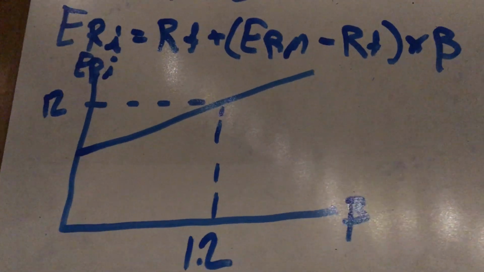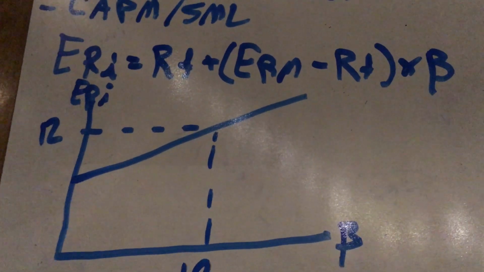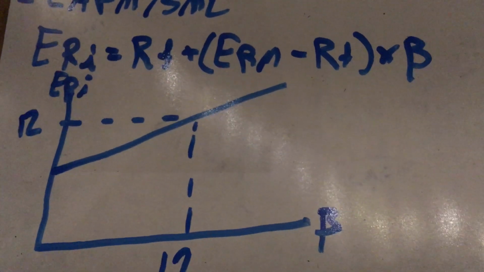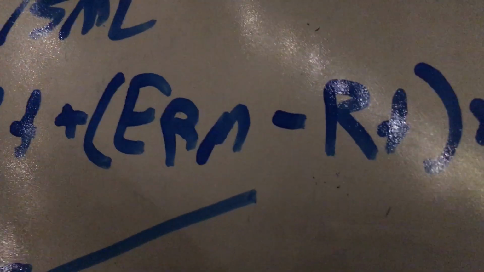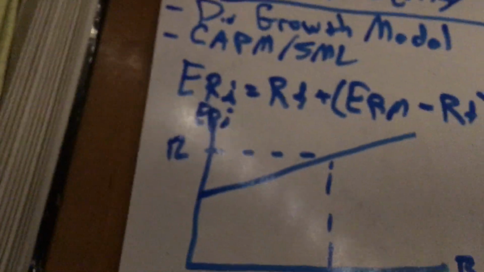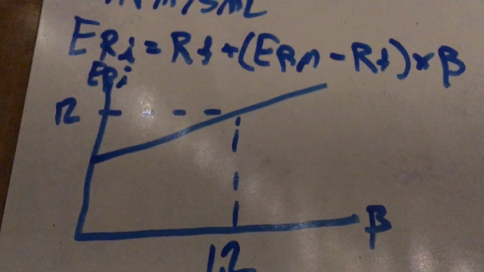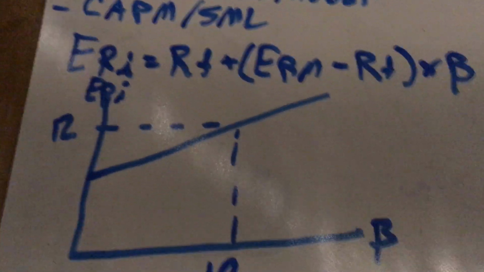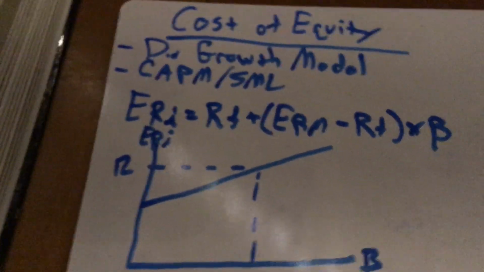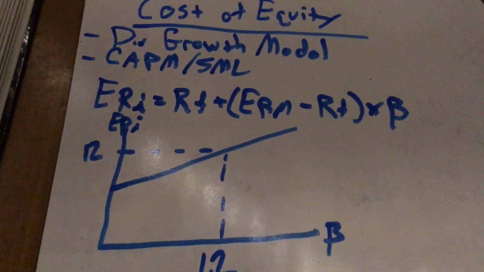Or they may just want you to do the CAPM equation, but they'll give you the market risk premium, which is this right here. So you won't have to calculate that. So be prepared for different possibilities. So I want you to try and understand a little bit about what the cost of equity means, because